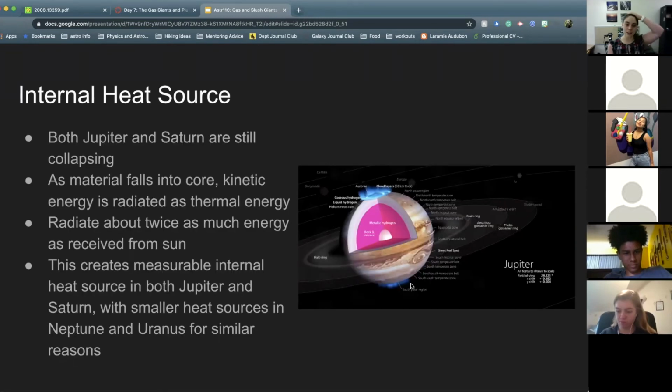Another thing I'll throw in here is that sometimes you'll hear people say that there's, oh gosh, I think it's diamond rain on Saturn. And this is kind of what they're talking about. They're talking about the heavier material on Saturn raining down onto the core, but it's not going to be like diamonds. There's not a surface you could stand on and grab some diamonds out of the air. It would be just carbons and other heavier materials falling onto the core.